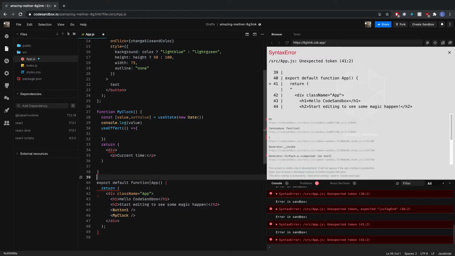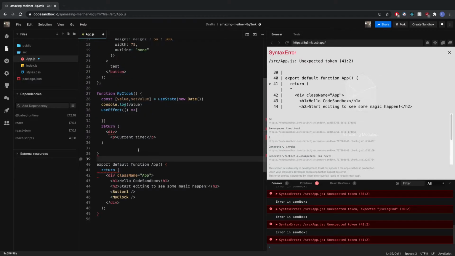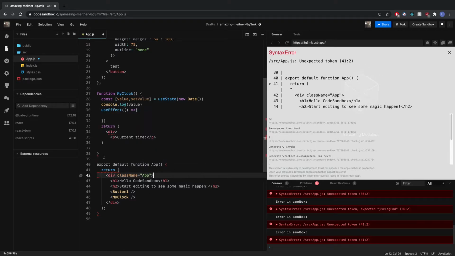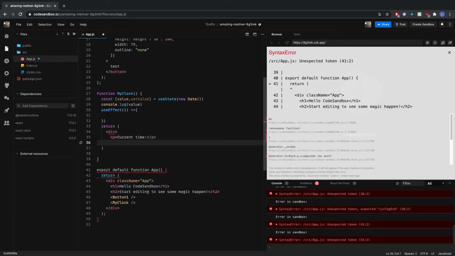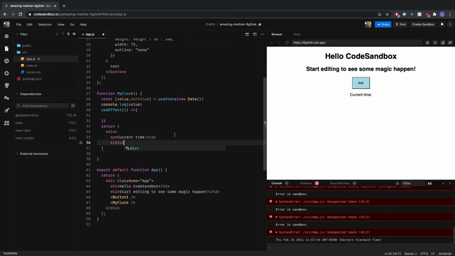Let's see where the mistake is at. There it is. Let's close this div first, and let's see if that'll work a little bit better. There we go. So we have the current time label, and right underneath it,